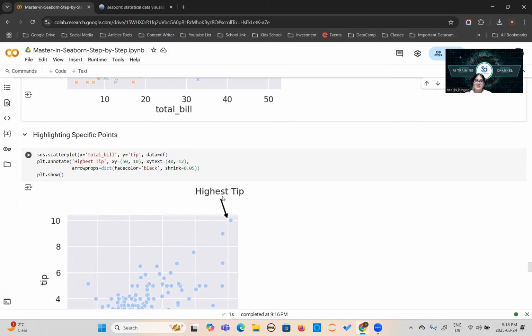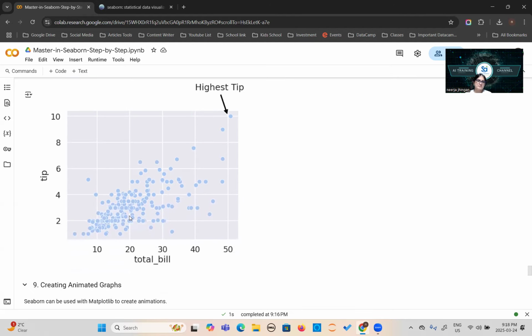And XY text is this. Again, this is for the position change. And then arrow props. You need to apply the arrow props method, dict, face color, and shrink. Shrink means the size of this arrow. Okay. And then plot